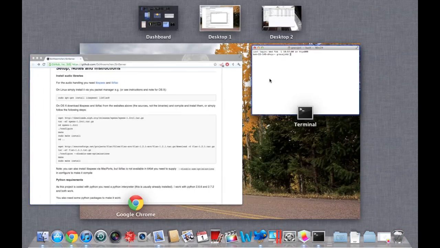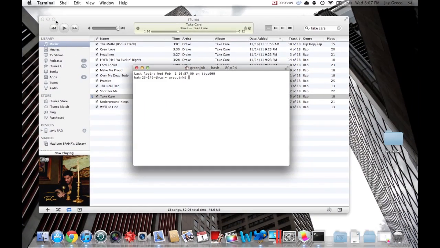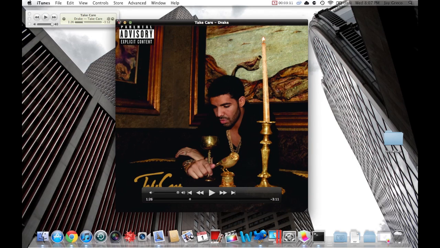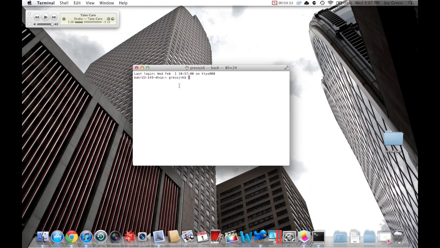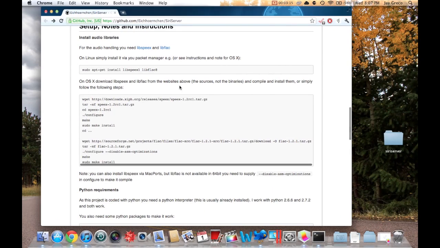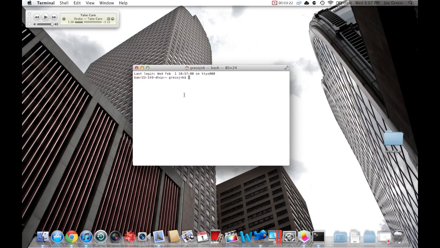So I'm actually going to put up my terminal window, close iTunes. Well, I don't know why that's up. All right, so here we are. Got my terminal window. First thing you're going to want to do is cd into my Siri server folder to keep everything the same. So it's pretty simple. cd